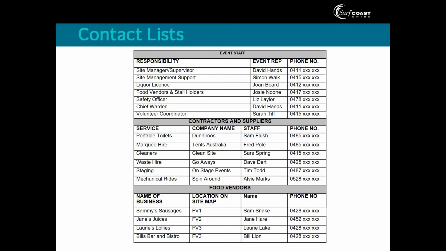So if you've got a safety or a food vendor issue, for example, up there in responsibility, the food vendors and the stall holders are Josie's responsibility. And there's her phone number. Also,